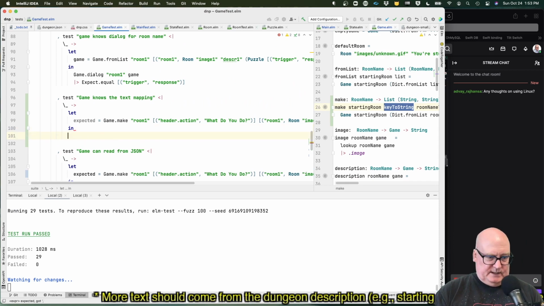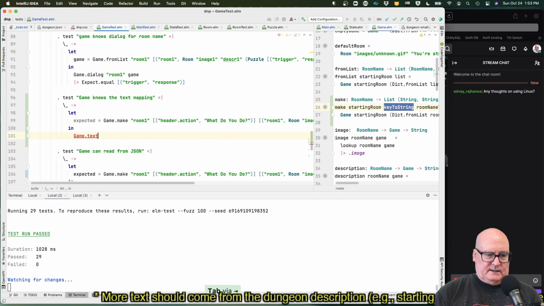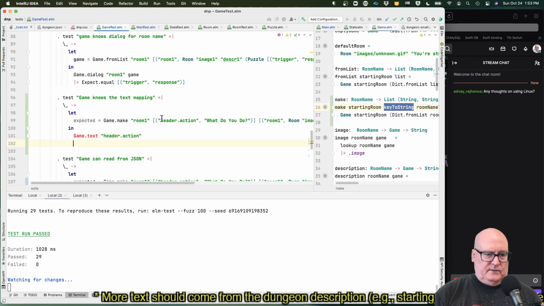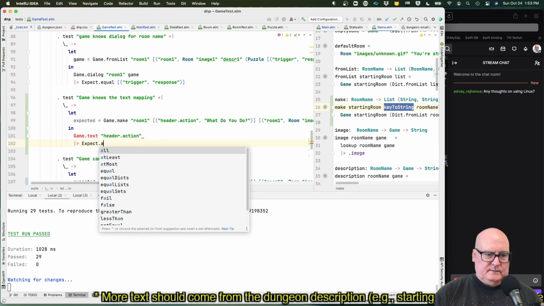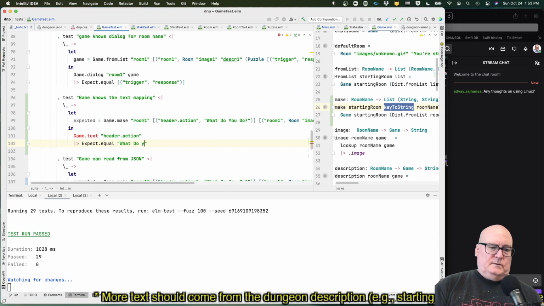So I want to say if you took that game.text for header.action, well, then I would expect the string "what do you do" to come back. Okay, and this is not defined, and text is probably not a good name.